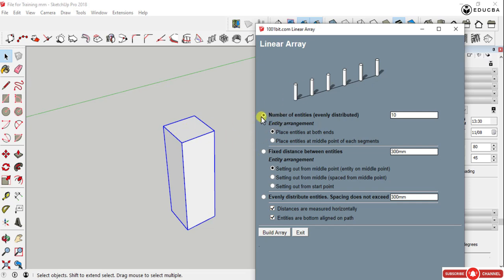Like the previous option, there are 3 different settings in this one. The first one is, as you can read, the number of entities which is evenly distributed. Here you want to set the number of entities, that is, the number of objects that you want to repeat. I want to make it 20. This option makes sure that the entities are placed at both the ends and then the space is divided. So I'm going to build an array,